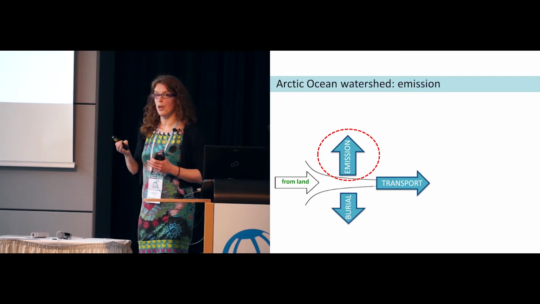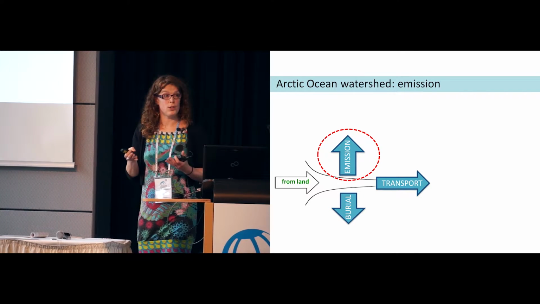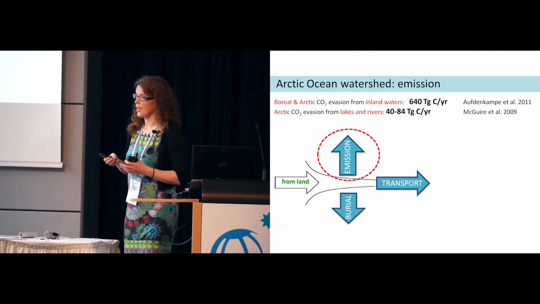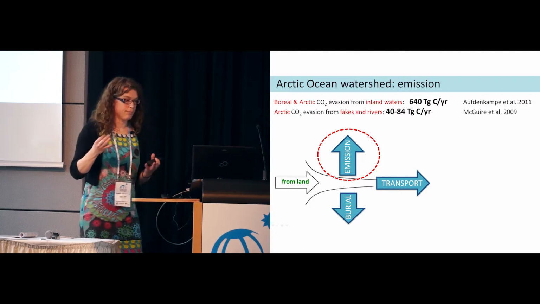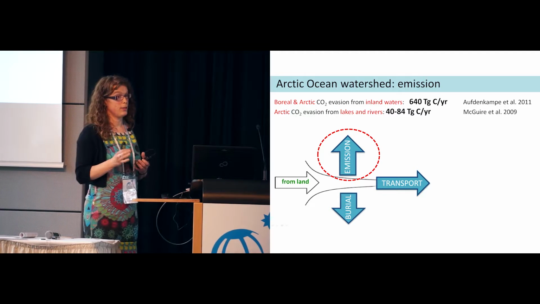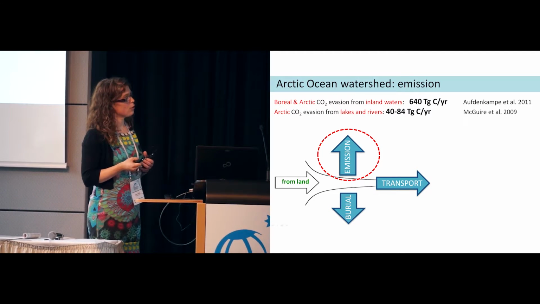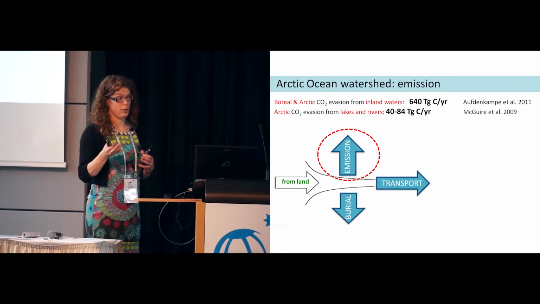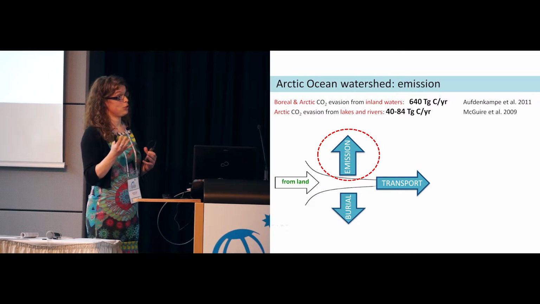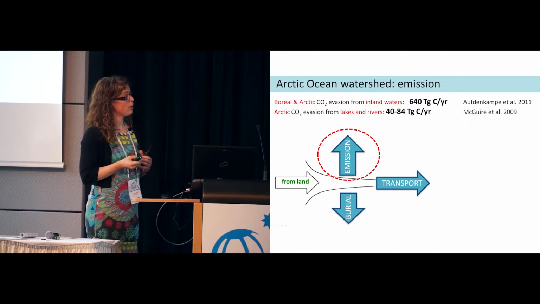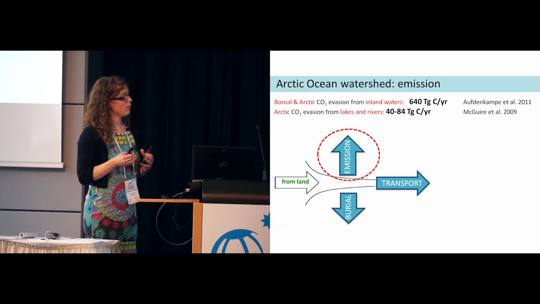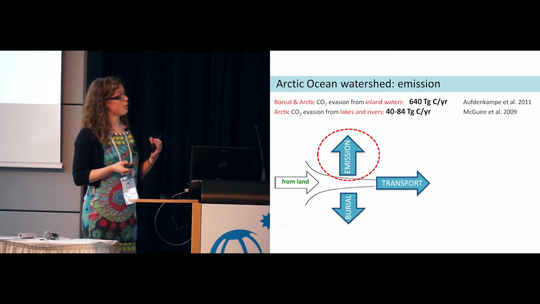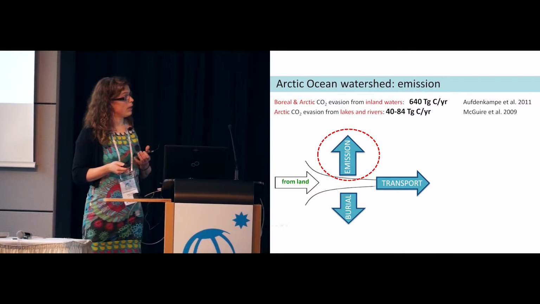But people have also, of course, tried to put numbers on how much is actually emitted in the watershed, all the watersheds of these rivers. And these estimates are not that well constrained, but better than the burial anyway. So, a few estimates: for example, the whole boreal and Arctic regions emit about 640 teragrams of carbon as CO2, methane is not included here, from inland waters. A slightly more narrow focus, purely the Arctic region and only rivers and lakes, had an emission of 40